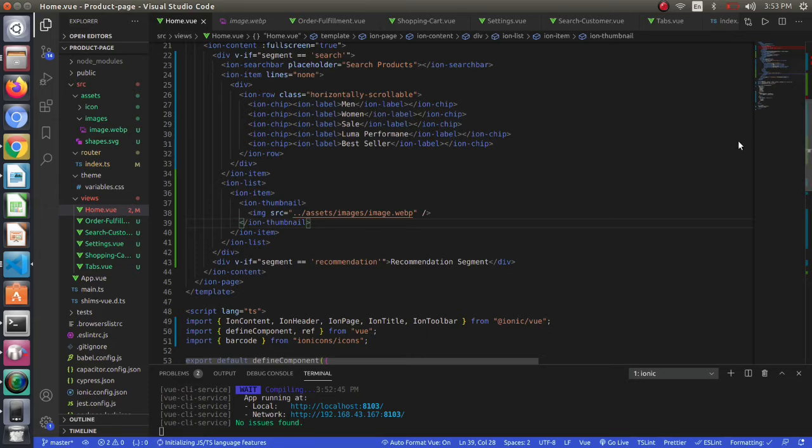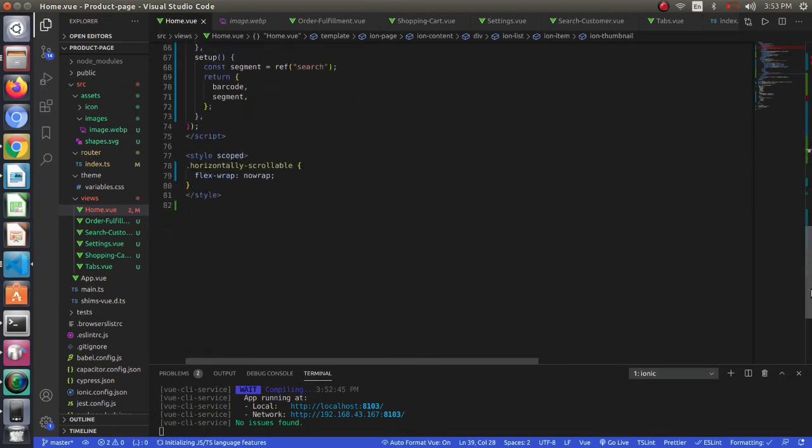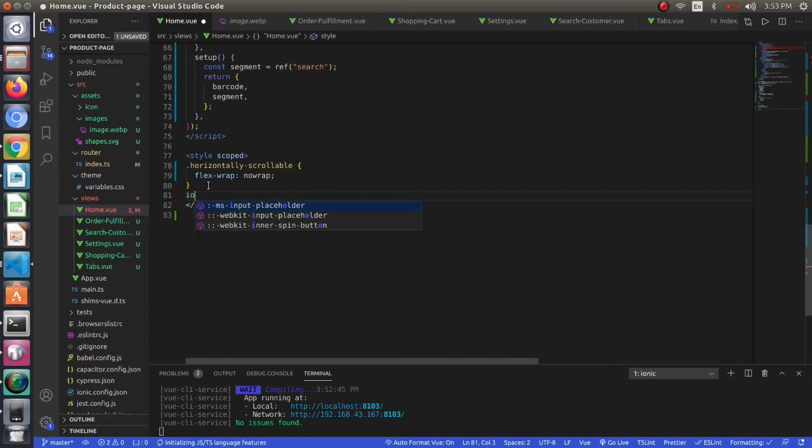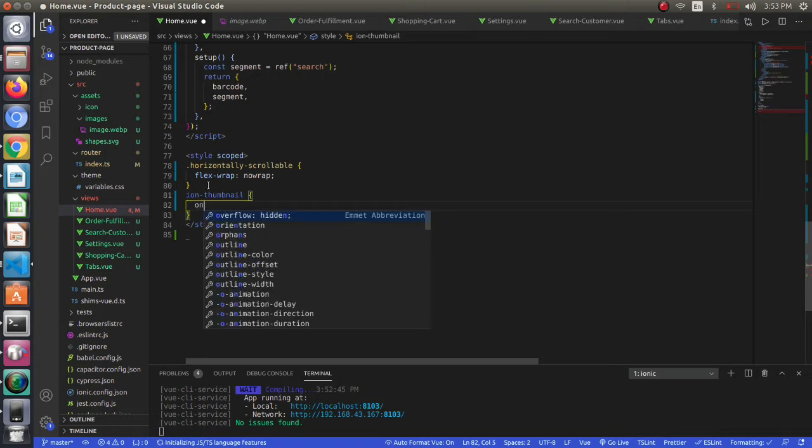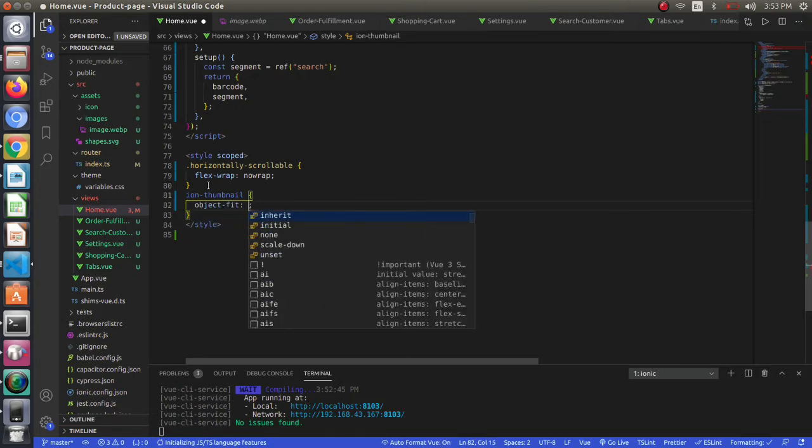So we will provide ion-thumbnail, object-fit. First we have object-fit fill, that is, we can give a fill property to our object-fit.